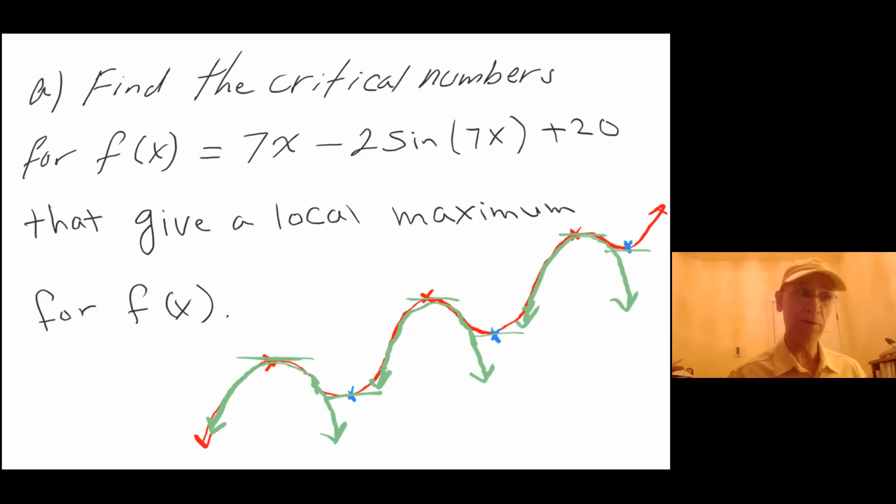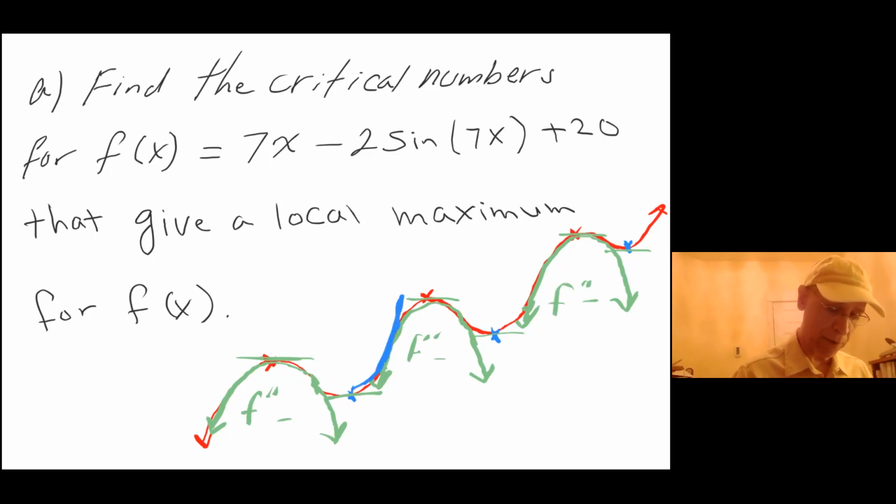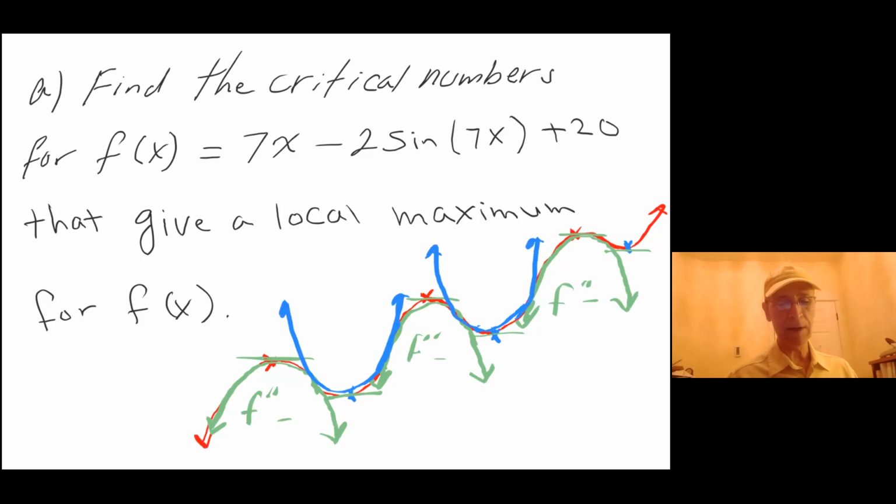And so in the language of calculus, the second derivative, f double prime, is negative in here. So f double prime is negative here, f double prime is negative here, f double prime is negative here, and on. And so in between, the f double prime is positive,